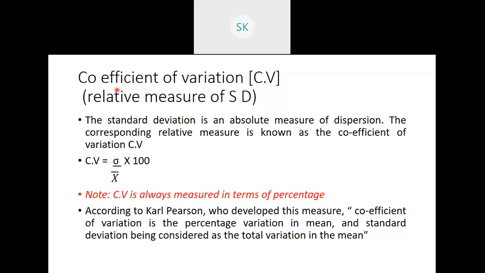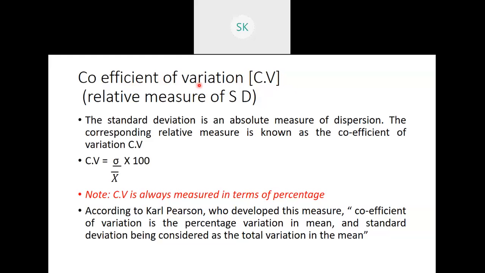Now, we all solved the standard deviation problems until now, right? So we have solved all the standard deviation problems until now. Now, after standard deviation, we did not find the coefficient, right? We did not find the coefficient in standard deviation, but that was an absolute measure. Standard deviation was an absolute measure. Now, here we have to solve the problems for relative measure of standard deviation. That relative measure of standard deviation is given in the name of coefficient of variation. Okay, CV. It is usually called as CV.